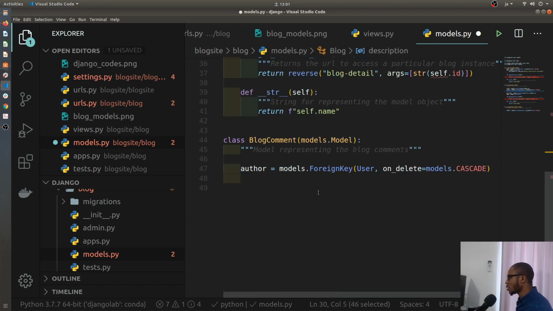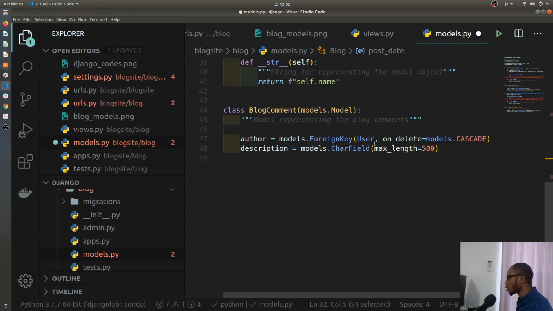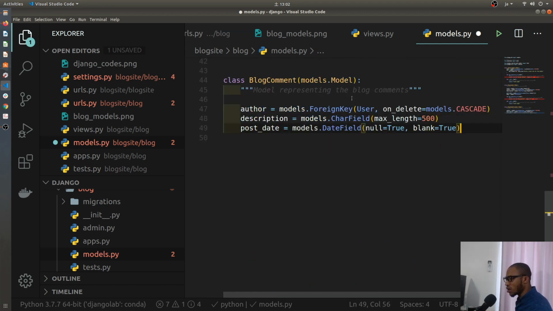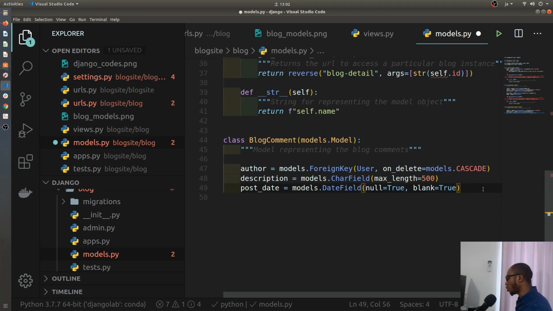Let's copy the same thing. The author would have a post date also, so let's add a post date from here basically. And I think the blog in this case is associated with a post,